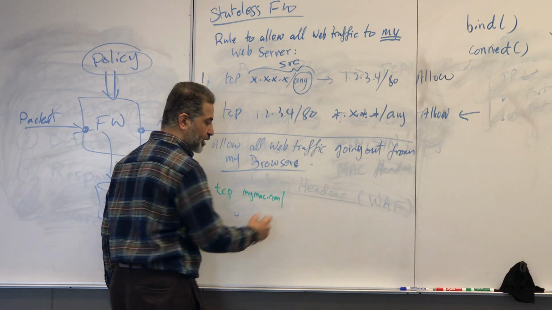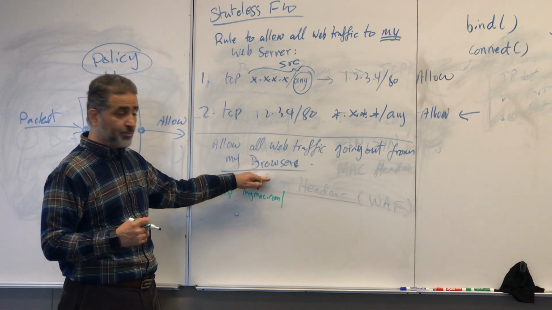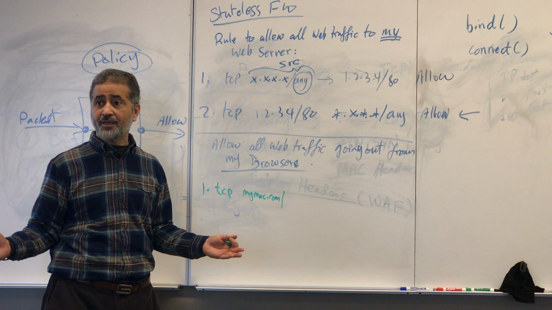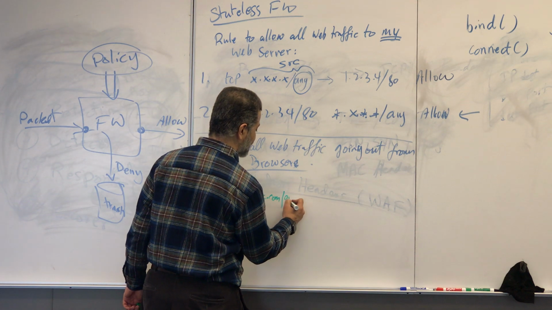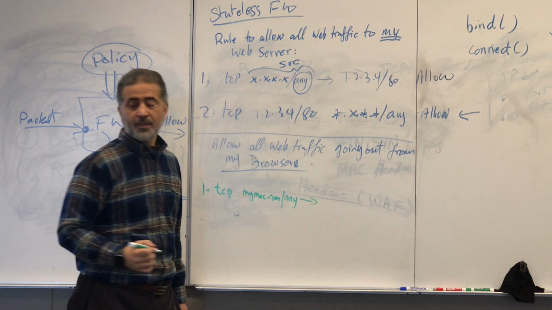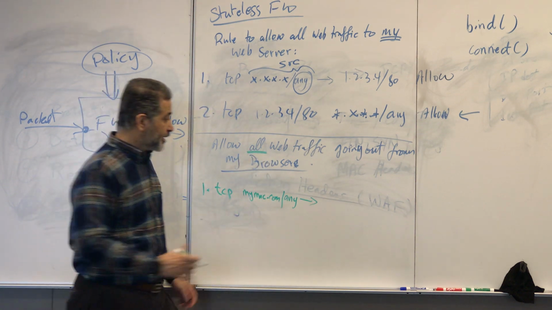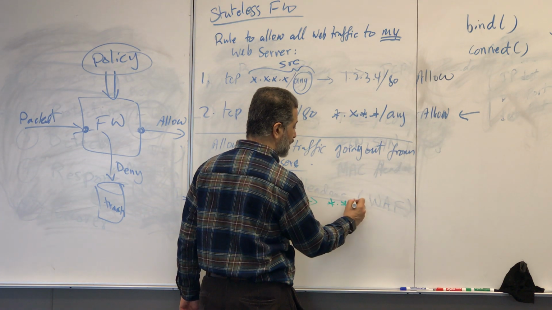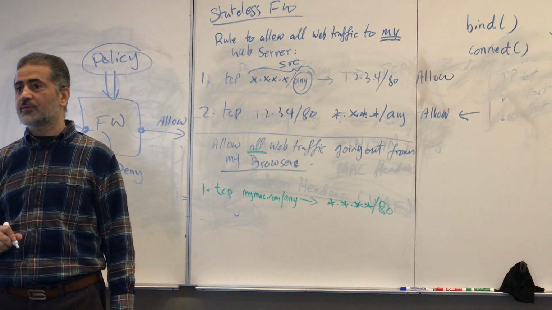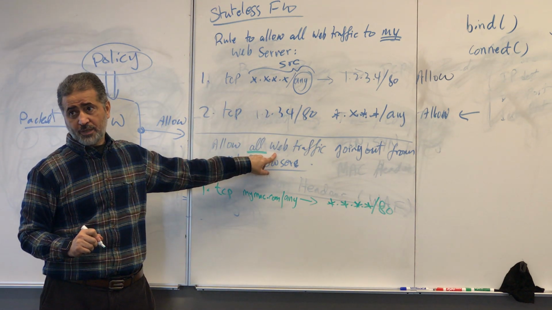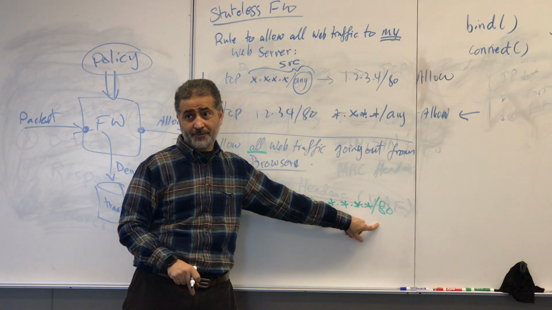And then what about the port number? This is going out from your browser, so it must be any. Otherwise, you're going to block all the traffic. Okay, it must be any. It's going to who? You did not say anything about it. You said all web traffic, so it has to be star, 80, because you have not defined what web servers you would like to communicate with. You said any web server in the world. Port 80 will determine it's a web server.